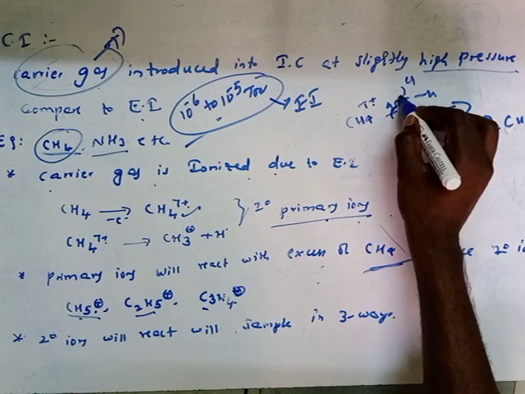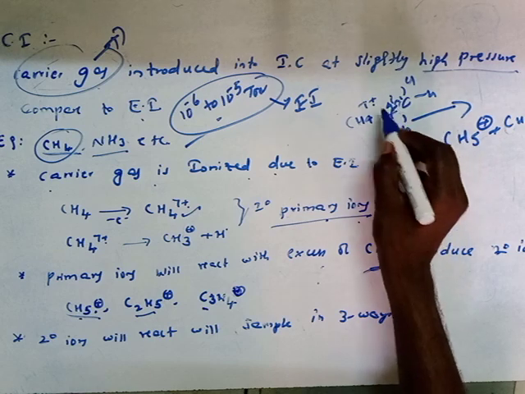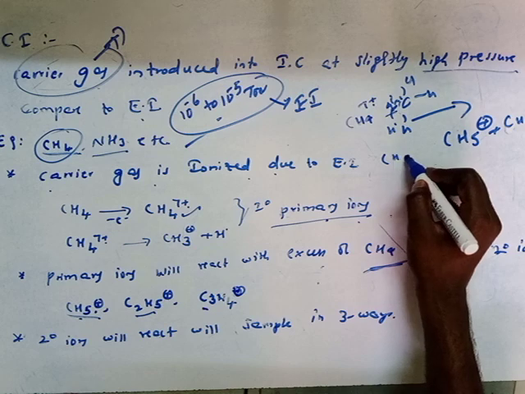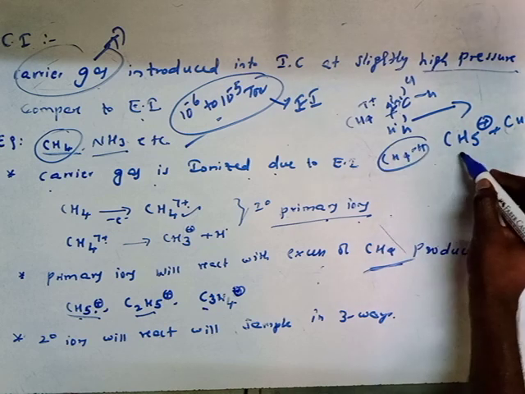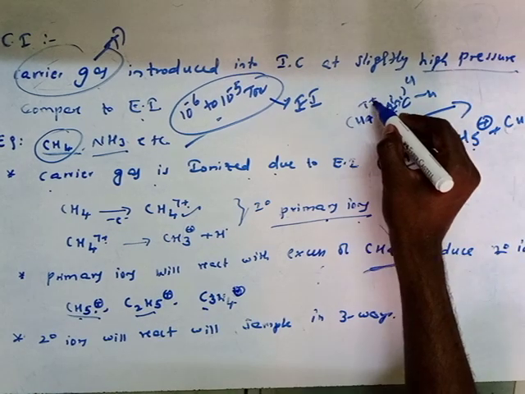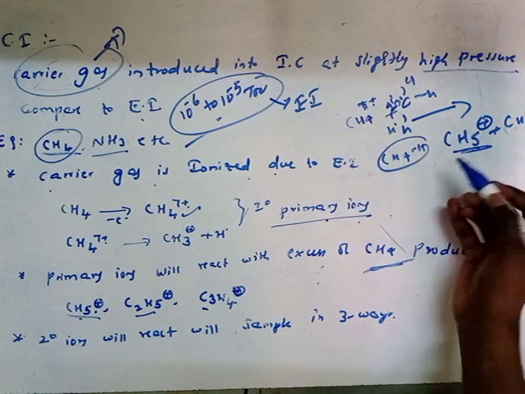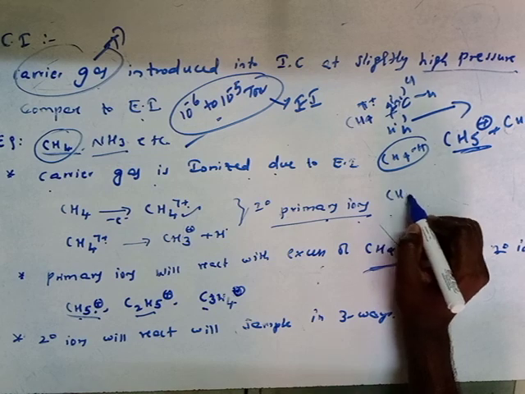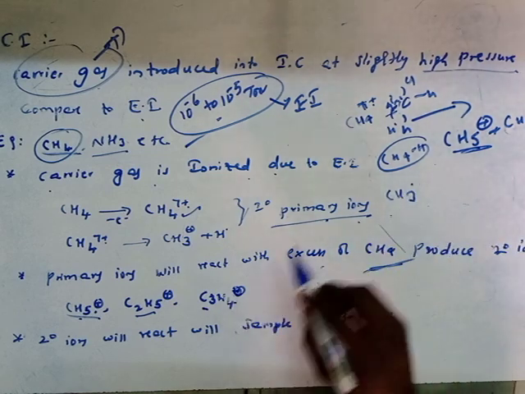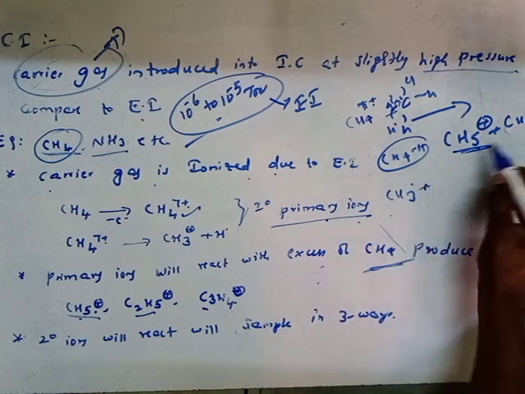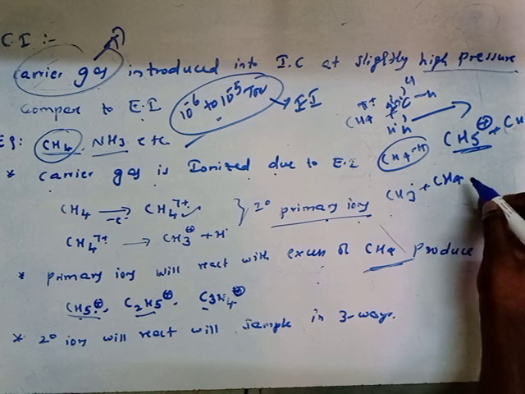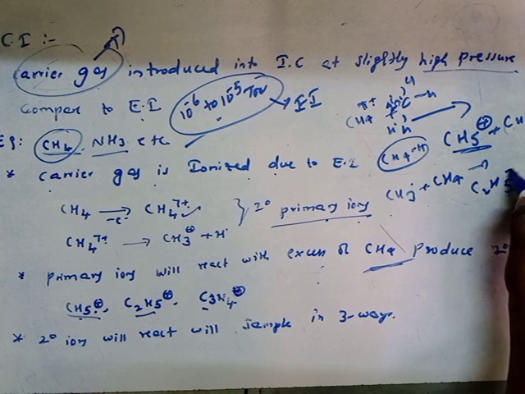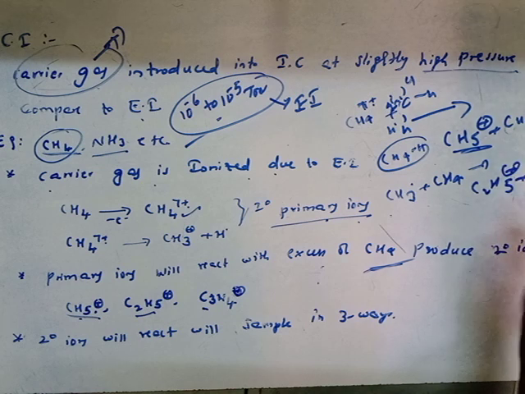CH, due to homolytic cleavage, and here H radical, and this H radical and H radical will combine to form one bond, that is CH4 already there, and one H, it means nothing but CH5. A positive charge is there, so CH5. Similarly, if we take the methyl radical and it reacts again with excess of methane, then what will be produced? C2H5 cation and H2.